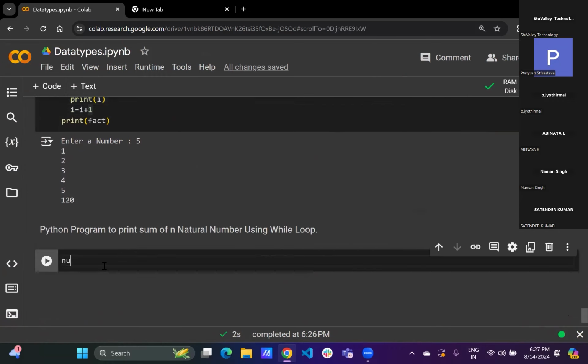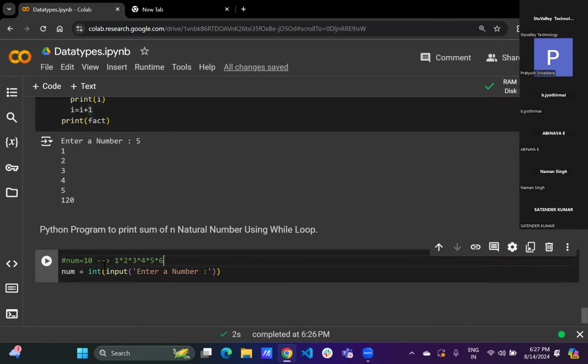So what is the meaning of this? Some number value is there. num is equal to some input I am taking. Enter a number. Some number I am taking here. After this, if my num value is 10, then the meaning of this statement is you will start generating numbers from 1, then 2, then 3, then 4, then 5, then 6, then 7, then 8, then 9,